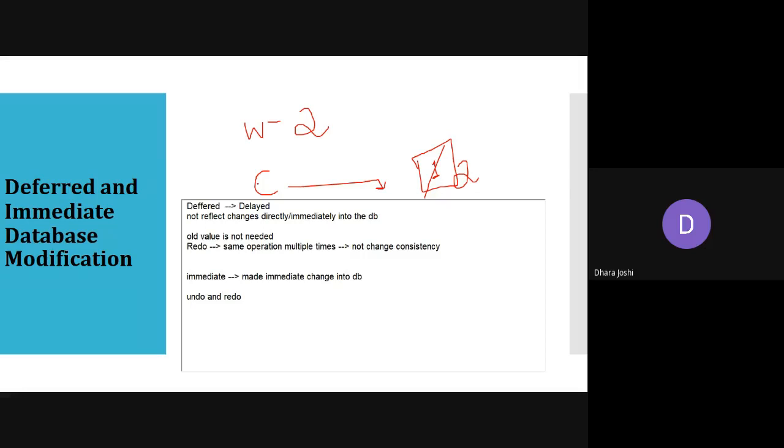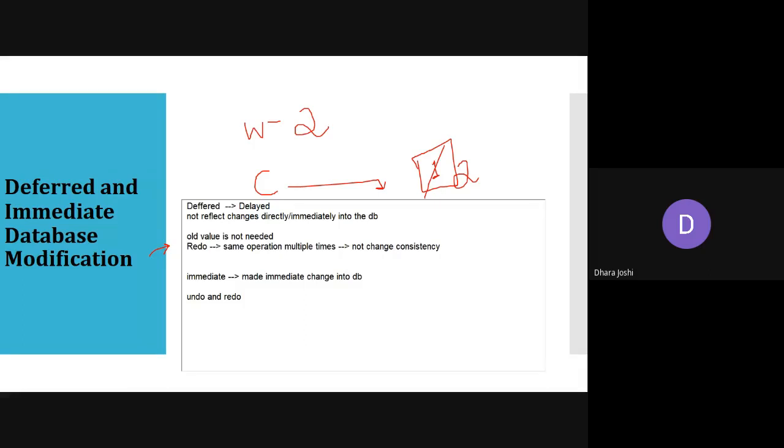So if the commit has been done, there is no need to undo the operation. That's why in deferred, we are just dealing with the redo operation. Redo means again performing the same operation. And in immediate, we have both cases. If we have completed the transaction, then we deal with redo. And if we have not completed, then we have the undo operation.